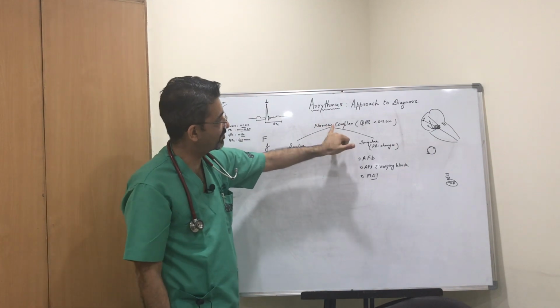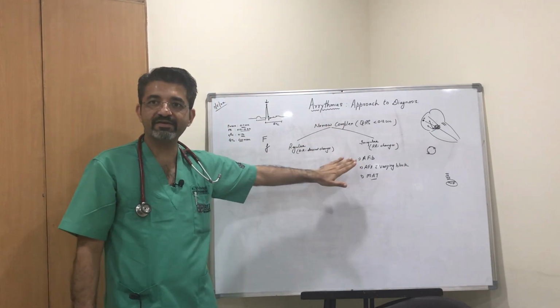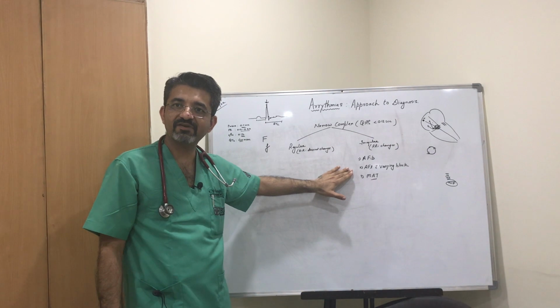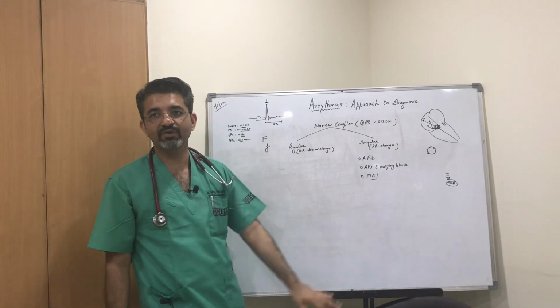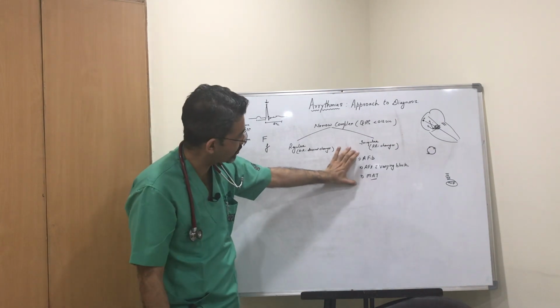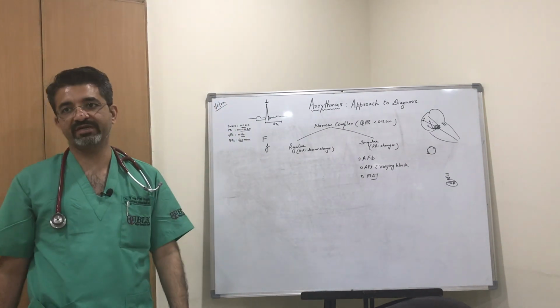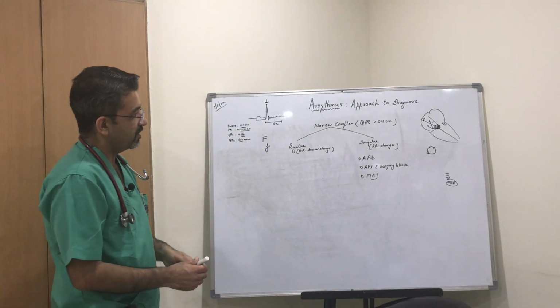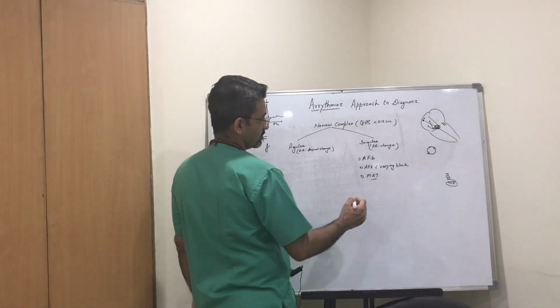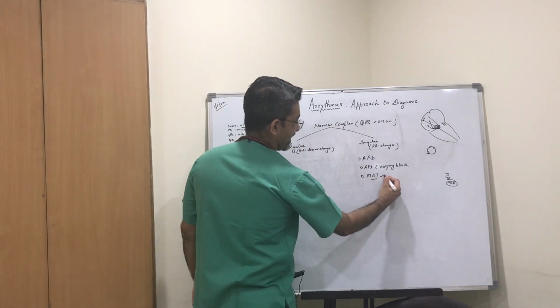In irregular narrow complex tachycardia, you have three: atrial fibrillation, atrial flutter with varying block, and multifocal atrial tachycardia. So, how do you treat now? Atrial fibrillation, atrial flutter with varying block, and multifocal atrial tachycardia. You know, if we talk of MAT